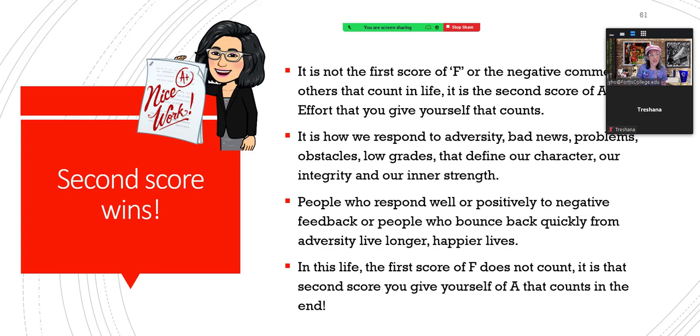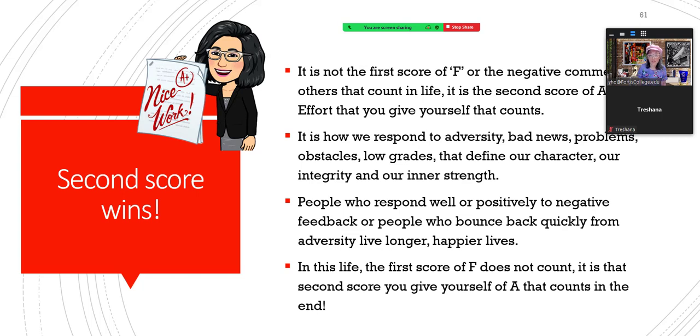strength. And I think Martin Luther King said that it is when we are tested, it is when we go through obstacles that we really show our true character, our true integrity. It's not when everything is going good for you. And I think he got that off of Job in the Bible. People who respond well